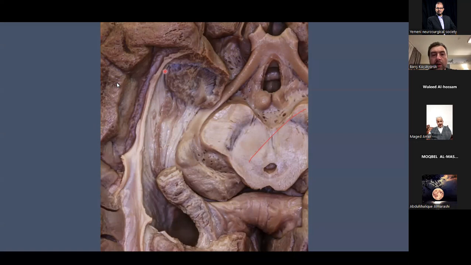We'll see those later. But please again, when we remove the ependyma of the roof of the temporal horn,